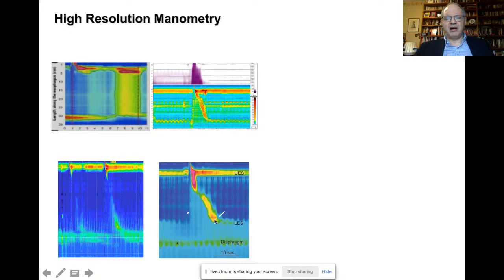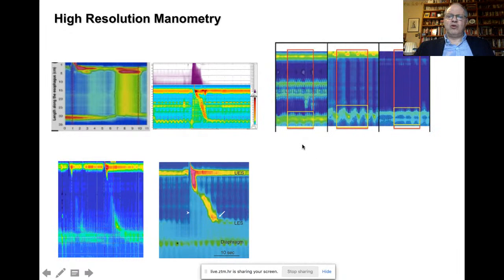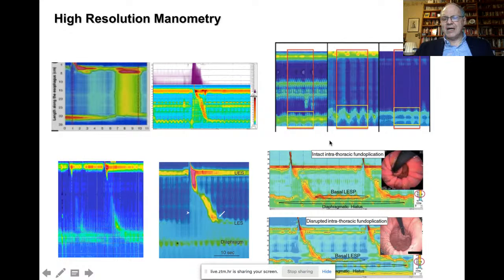Of course, you can make a good diagnosis of a hiatus hernia. In this case, this is a sphincter, this is the diaphragm, and all this is the hernia. So you can make a very clean and accurate diagnosis of the length of the hiatus hernia with your manometry. You can also identify the type of hernia based on the configuration of the relationship between the sphincter and the diaphragmatic contractility. And finally, manometry is very useful in reflux disease to check the possibility of disruption of an anti-reflux